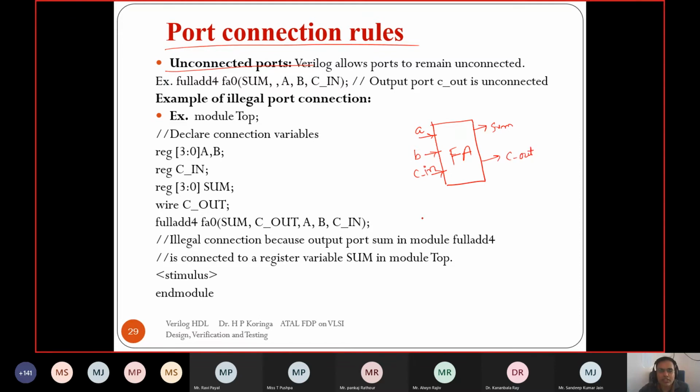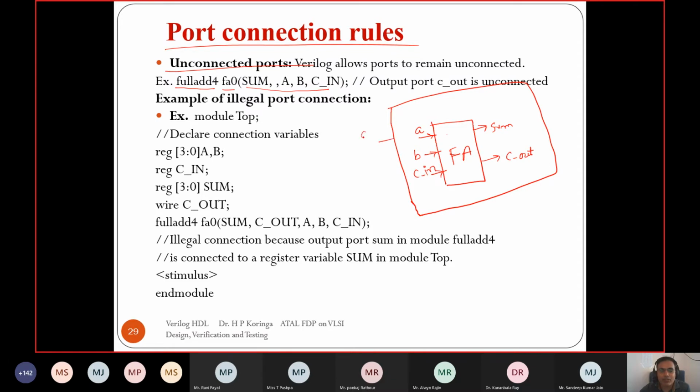So when we want to use this full adder to construct a binary adder or something like that, we instantiate the module. We know the structure of instantiation: the module name, then the label, and we have to specify the port list where we want to connect.